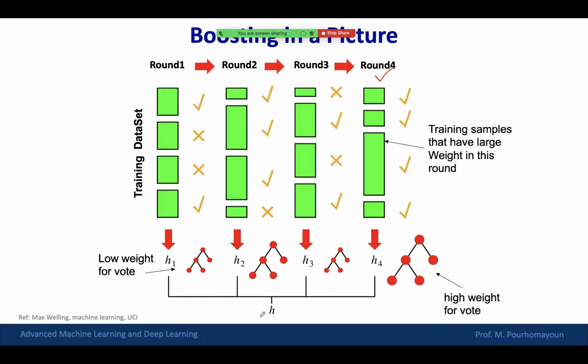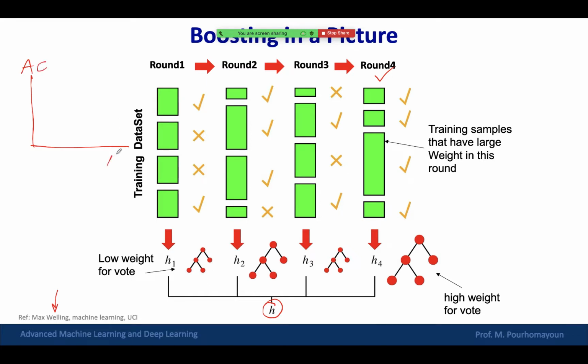And final decision based on voting. I really like this picture. This is from Max Welling from UCI. This single picture alone illustrates the structure of boosting. So if I plot the accuracy versus round, okay, so this is your accuracy,